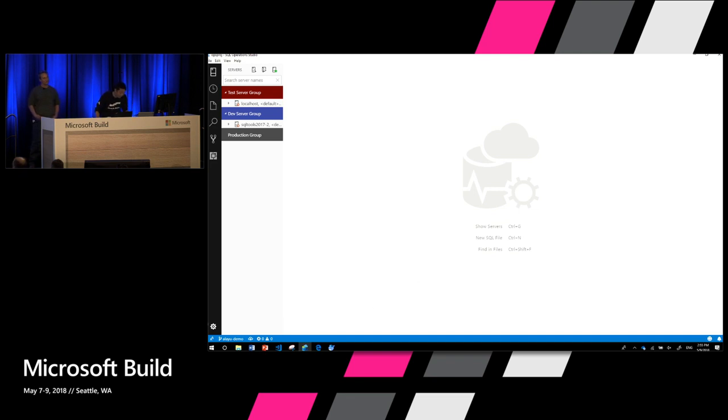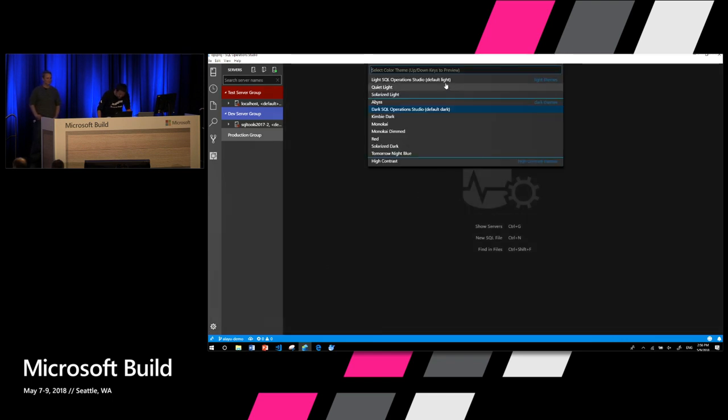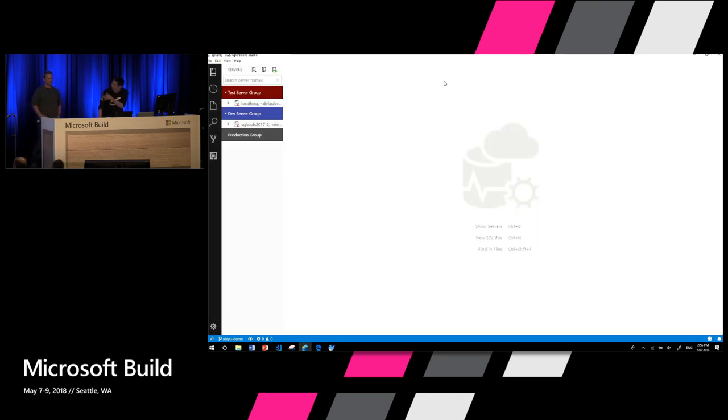And one of the first things that we got was support for dark mode. So let's show this off. There you go. So now we have dark mode for your SQL management editing experience. So very small win there by being able to have VS Code as our shell. So let me switch it back for readability purposes. It's something that they recommend is to have a lighter background. OK, cool. So the most common task that most users will use for SQL Operations Studio is to execute T-SQL